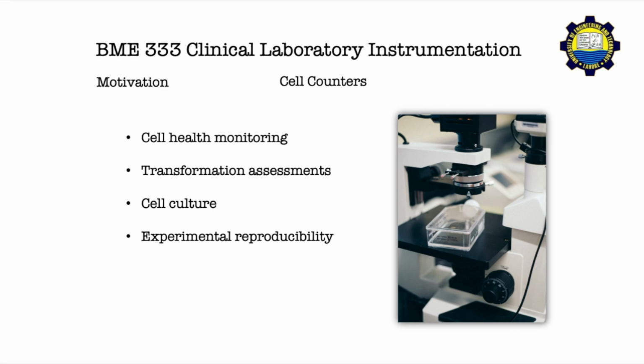So for that reason, it's important to understand the morphological nature of these cells. Often we are only interested in cell count, and sometimes we're interested in how the cells look like. So we will see what hemocytometers give us in terms of information, but these are certain important motivations behind the study of hemocytometers. Also, experimental reproducibility, the fourth point, is also very important in terms of